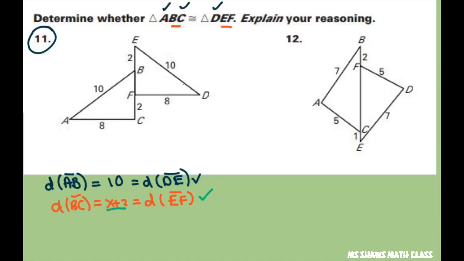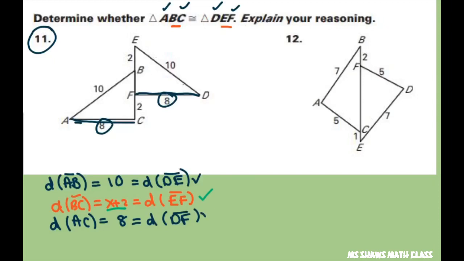AC with DF. So we want to know the distance of AC. So AC is 8. Does that equal the distance of DF? Well, DF is right here, and that also equals 8. So that checks. So that means these triangles are congruent for our side, side, side postulate. Now let's try